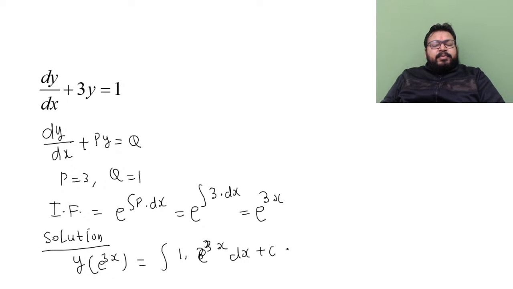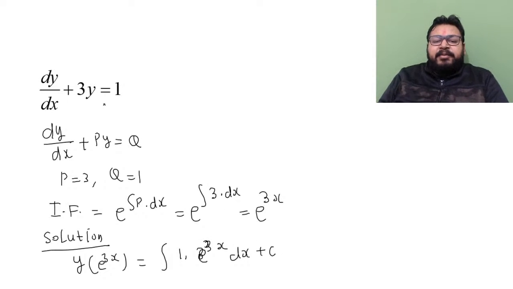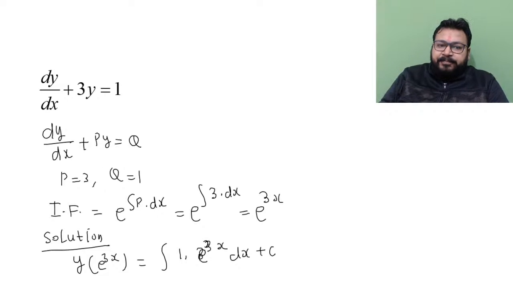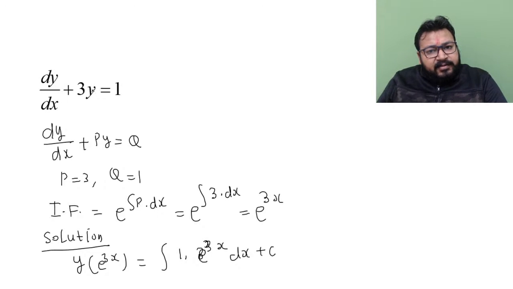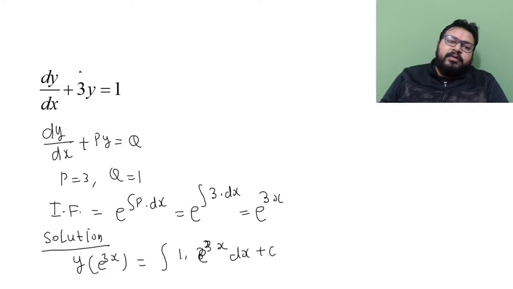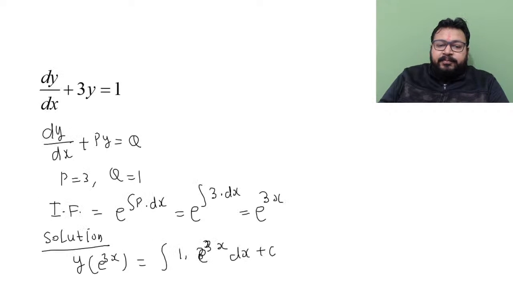ठीक है, आई होप ये सबको आता होगा। 12th क्लास में भी हमने ऐसे सॉल्यूशंस किए थे। आप इसको वेरिएबल सेपरेबल से भी कर सकते हो गाइस। 1 को इधर 3y को उधर ले गए, 1 माइनस 3y, देन dy by 1 माइनस 3y इज इक्वल टू dx। कैसे भी सोल्व करो, एक ही बात है। ठीक है, सो कंपल्सरी नहीं है कि ऐसे ही सोल्व करना है, आप इसको कैसे भी सोल्व कर सकते हो।